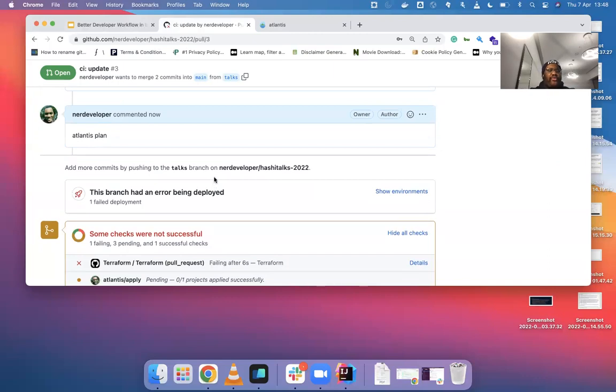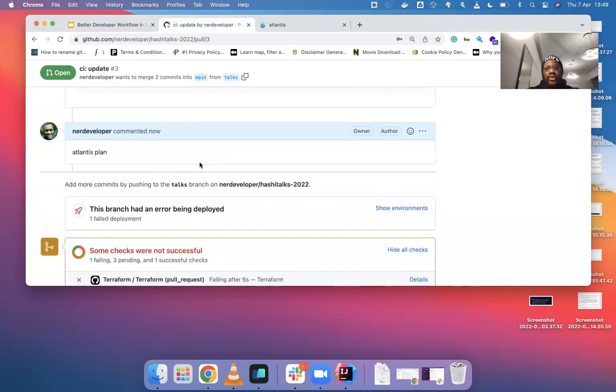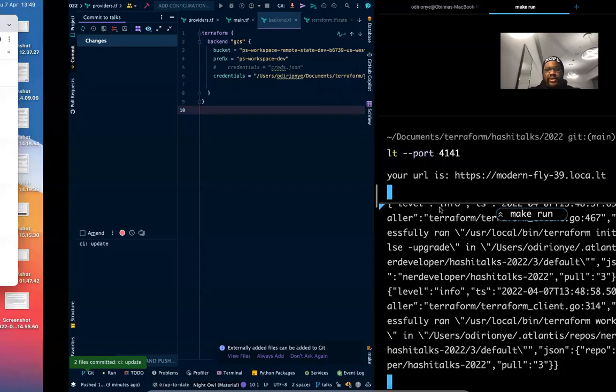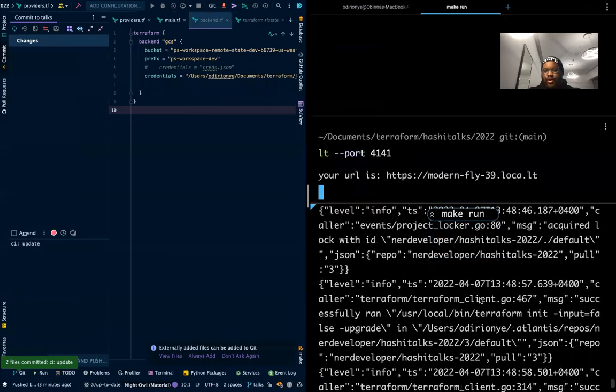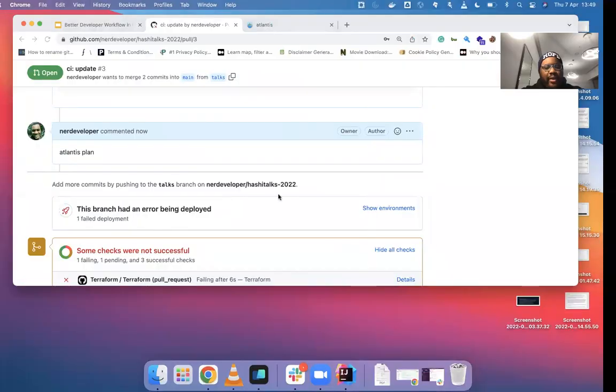So there are a lot of powerful things you can do with Atlantis. You should check out their documentation. You can set up approvals. You can do great things. You can set up workspaces with Atlantis. It's a really great tool. And it just runs in the background here. So as you see, it just keeps on going. It's really great for